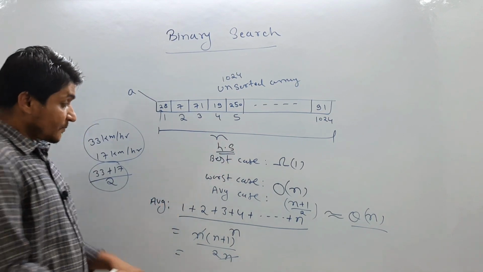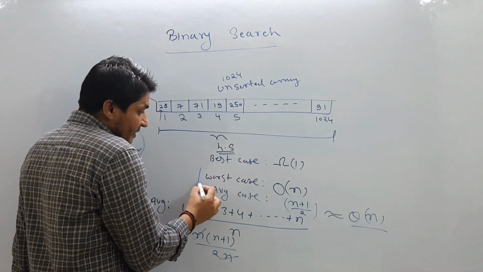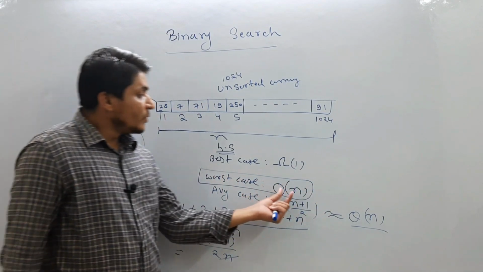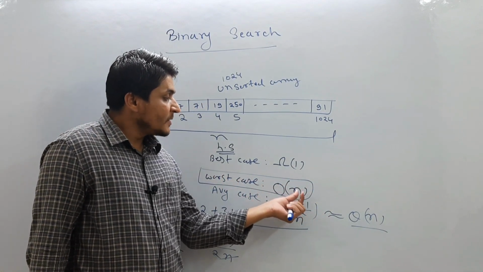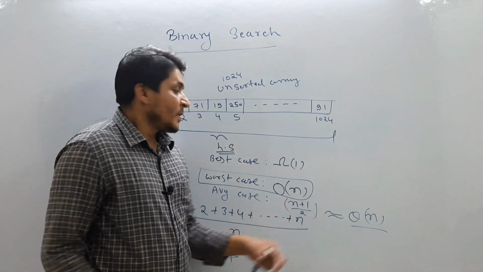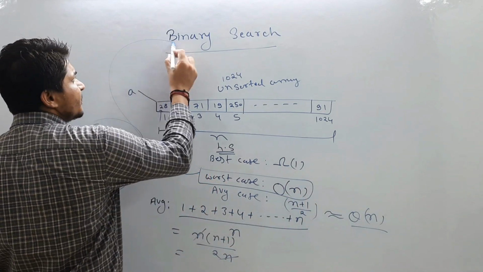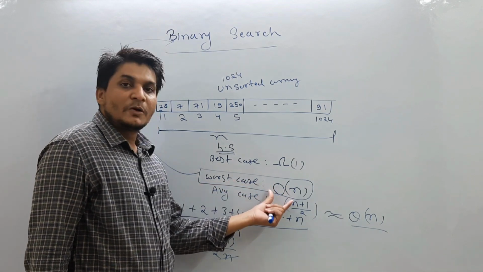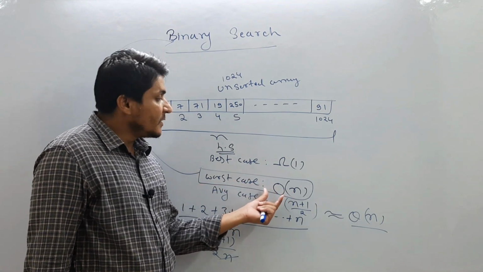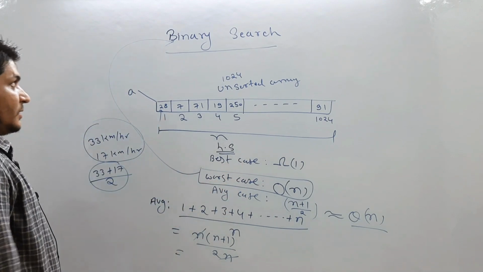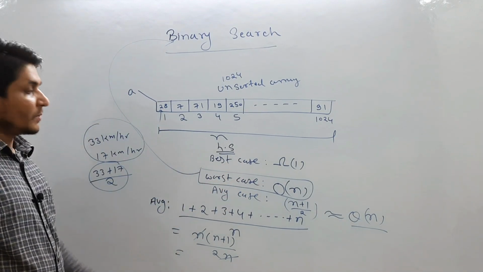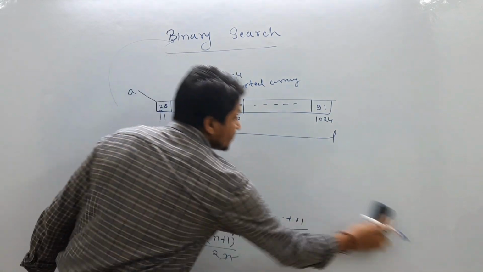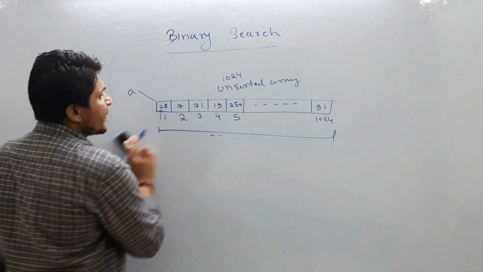Now, our problem is worst case time complexity. So now what we want is to reduce the number of comparisons. That is the reason we are going for binary search. So we want to try whether we can reduce these number of comparisons or not. If it is possible, then it is good, we don't need to make those number of comparisons. So let us discuss what binary search is and how it works.